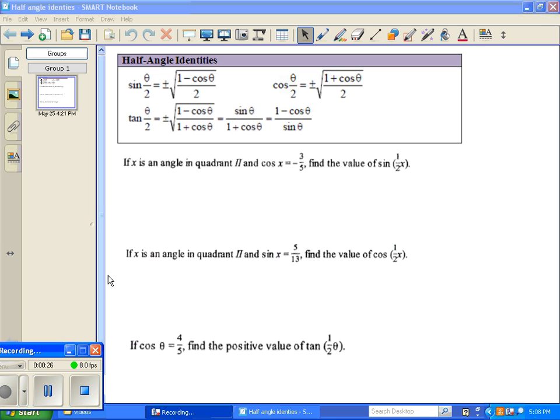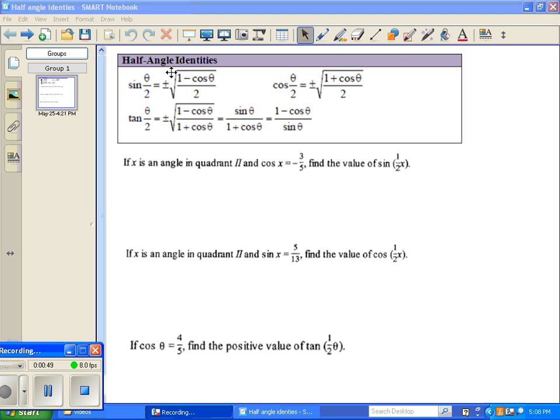Now, what we want to do is, if you look up above, we want to figure out which formula we need to use. We want to find sine of the half angle. So it's this first formula. We only have one choice, although we need to determine whether it's going to be the positive or the negative